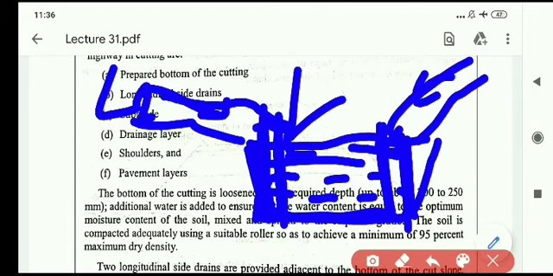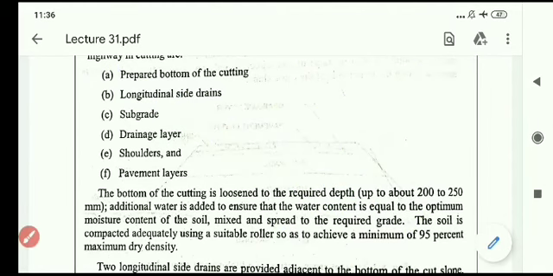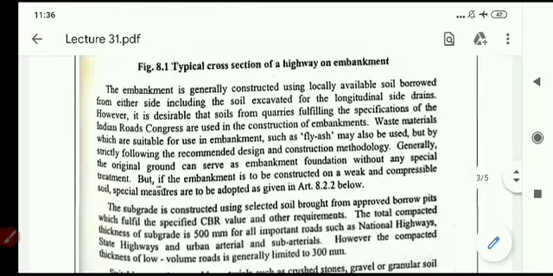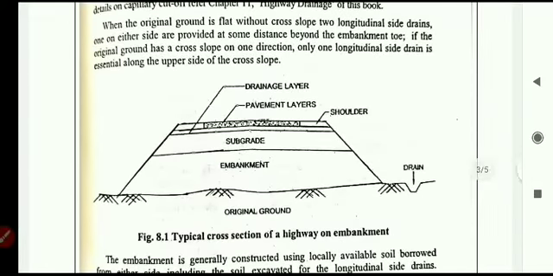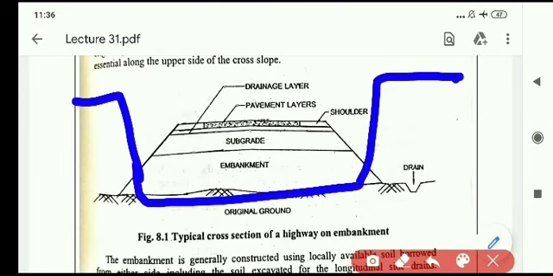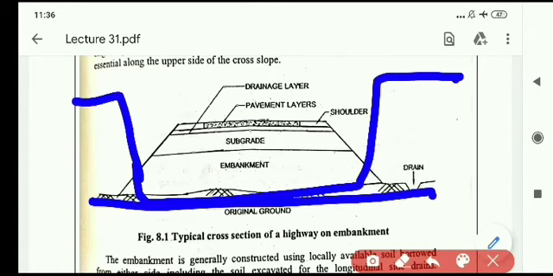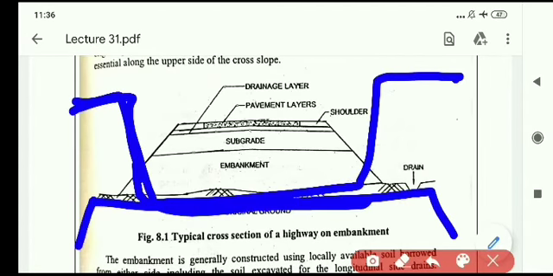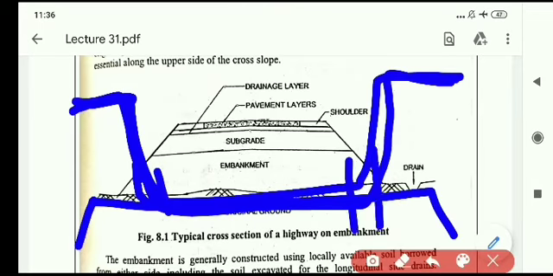Okay, after providing the longitudinal drains, we need to prepare the subgrade, and after that the drainage layer, as already shown here. It is provided like this, in picture form. It is in the embankment like this, whereas across the cutting, you can visualize the sketch like this, with the cutting area and the drains provided here. Next, at the last, the shoulders are constructed and pavement layers are constructed. See, the cutting and embankment filling exist only because of the ground profile, that's all.